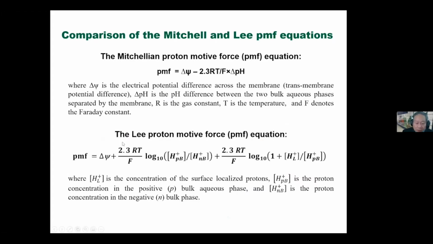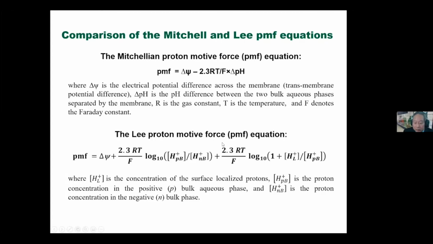So, this is my modified, revised proton motive force equation. Now, the first two terms here, you see, these are the same. This term is essentially the same as that, just a different way of writing it. Remember, pH is minus log of the proton concentration, right? That's right here. So this is the proton on the p side outside over the proton concentration in the bulk phase, and in the inside. So these two terms are identical to what is in the text, but